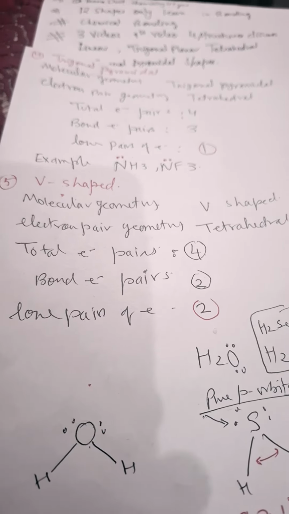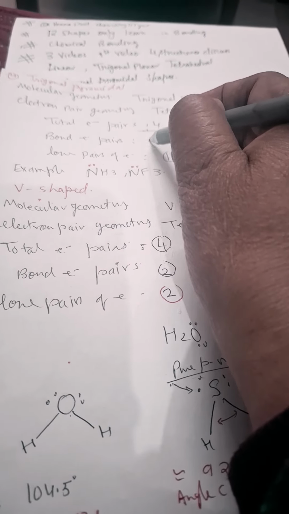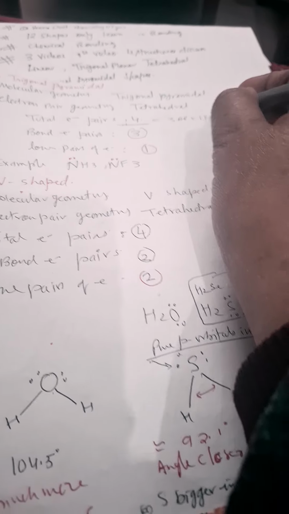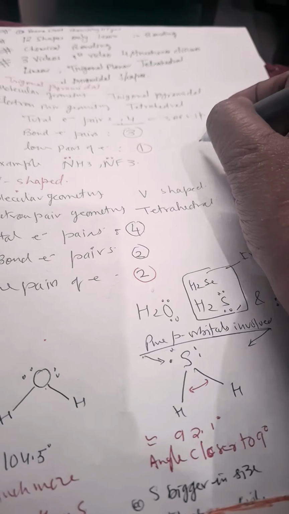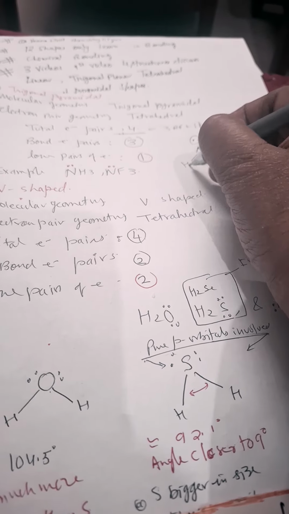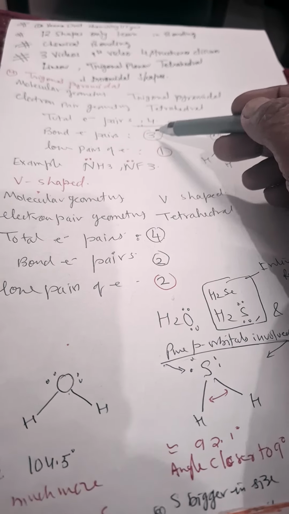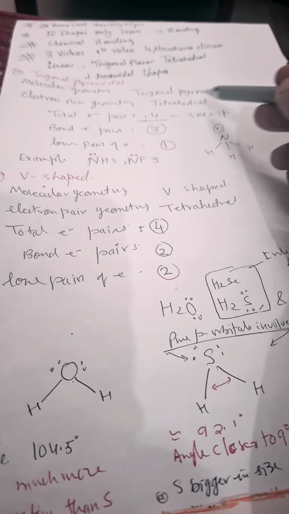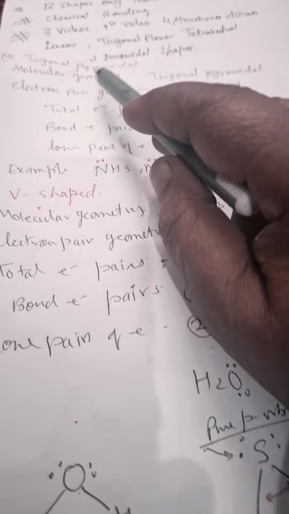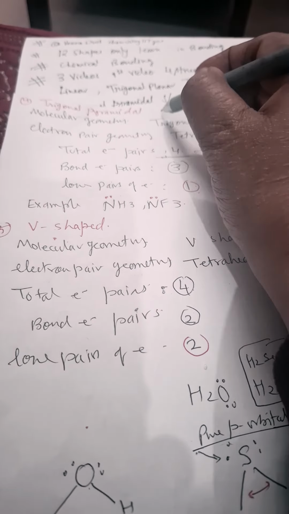Here, see, now the criteria has changed. Total electron pairs 4, out of that 3 bonding pairs plus 1 lone pair. So 1 lone pair, that is why in the case of ammonia this geometry will be there. If you write F, it will be NF3. So 3 bonding pairs and 1 lone pair will be there. So the electron pair geometry is tetrahedral, but the molecular geometry is trigonal pyramidal, and molecular geometry decides the shape. So trigonal